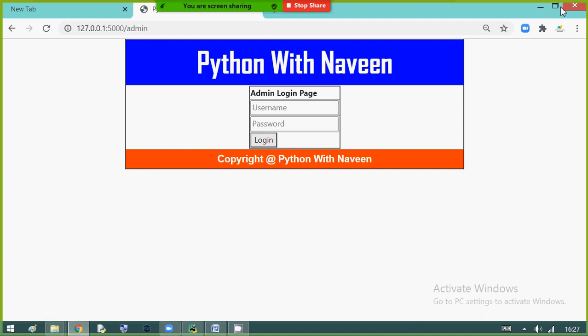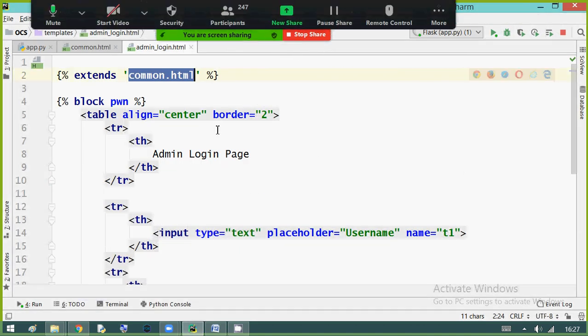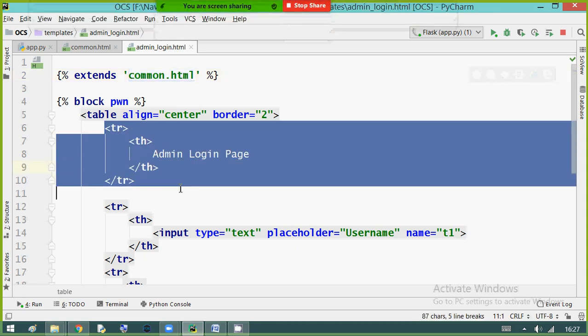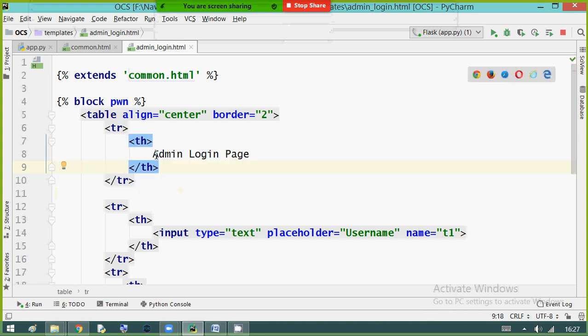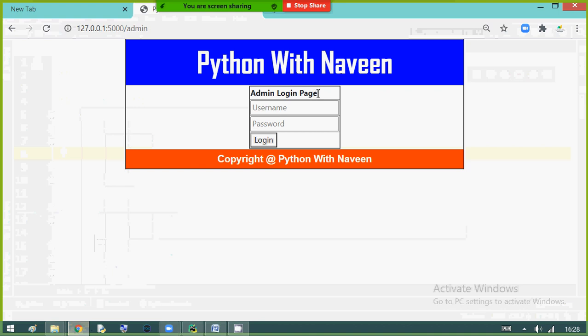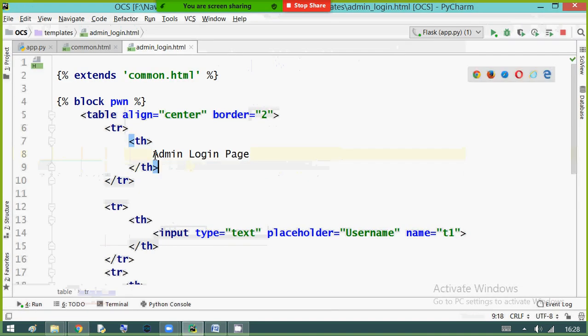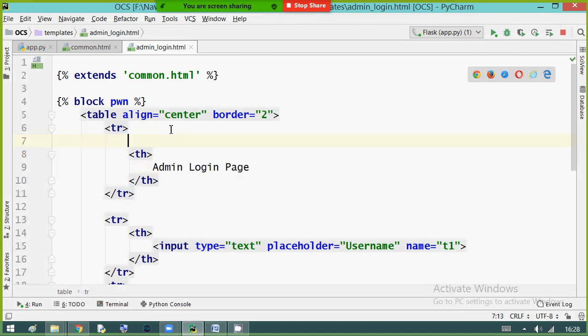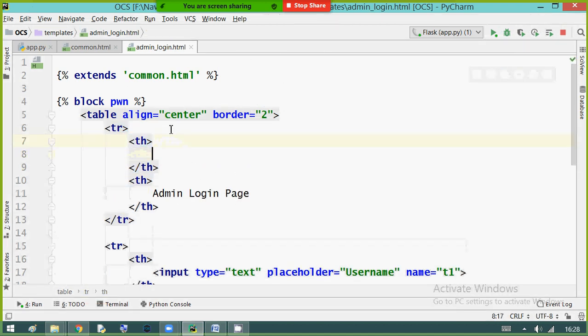So the changes I am doing to the table, observe once. First table row, where you are showing a title like admin login page title. Before that I am taking one more column, table header, one more column.